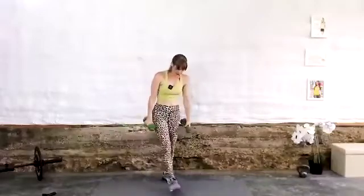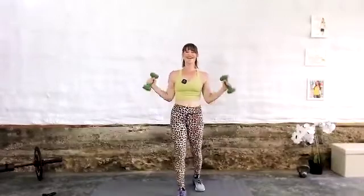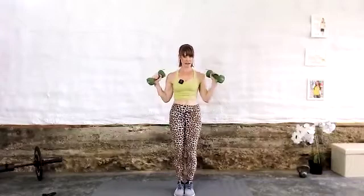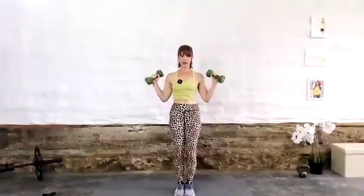Shoulders back and down. 90 degrees. Is that 90? Yeah, that's 90. 45 and curl. Make sure biceps are staying in place. The only thing that's moving is your lower arm, bending at the elbow, really actively pulling your shoulder blades towards